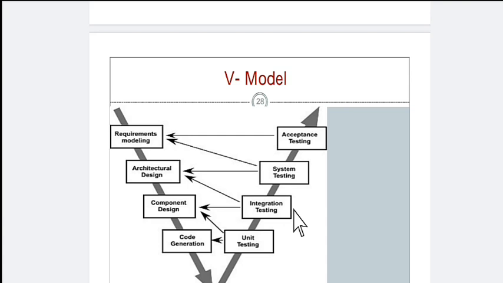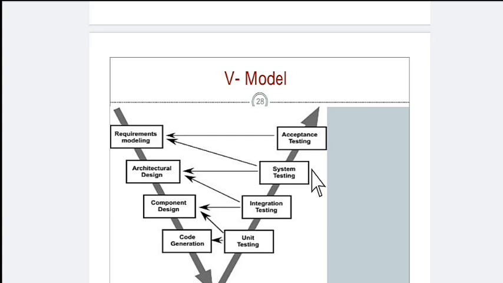After the integration testing, the next testing is the whole system testing. First we will perform the unit testing, after that the integration testing, and if all are bug free, then we will perform the system testing. System testing is the overall system function testing done in this block.